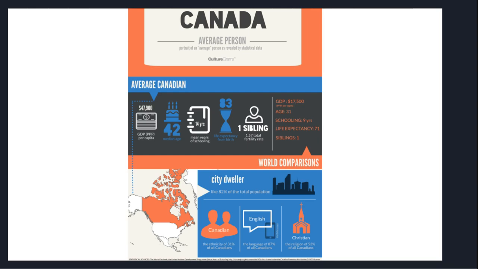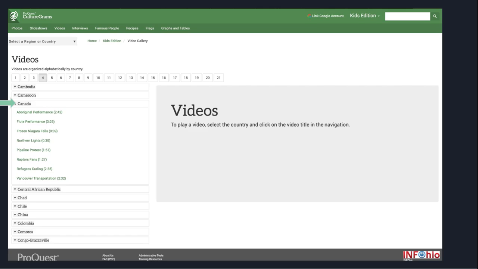And this is based on statistical sources like the World Factbook, which is produced by the United Nations Development Project. So good information there. Now I'm going back out, and on that top bar again, I'm going to click videos, and I'm going to find Canada, and you're going to see that there's about seven